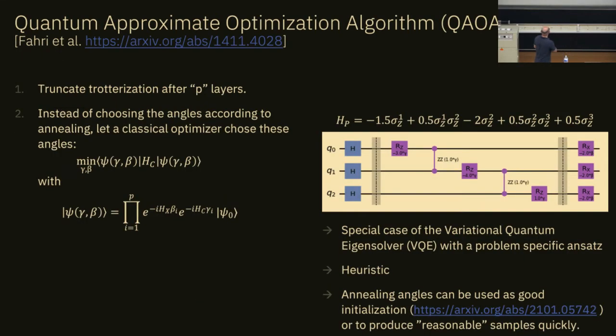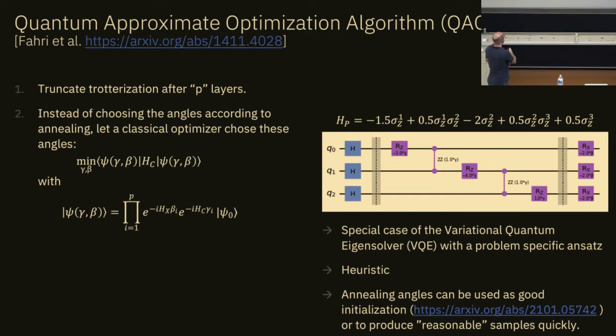Yeah, we're minimizing. We prepare this state, and from this state, energy. Now, since this Hamiltonian is diagonal, you don't need to average. Every bit string is an eigenvalue, and you can just evaluate it. And that's how we rank all the bit strings that we sample. And then we can take the bit strings with the best values.